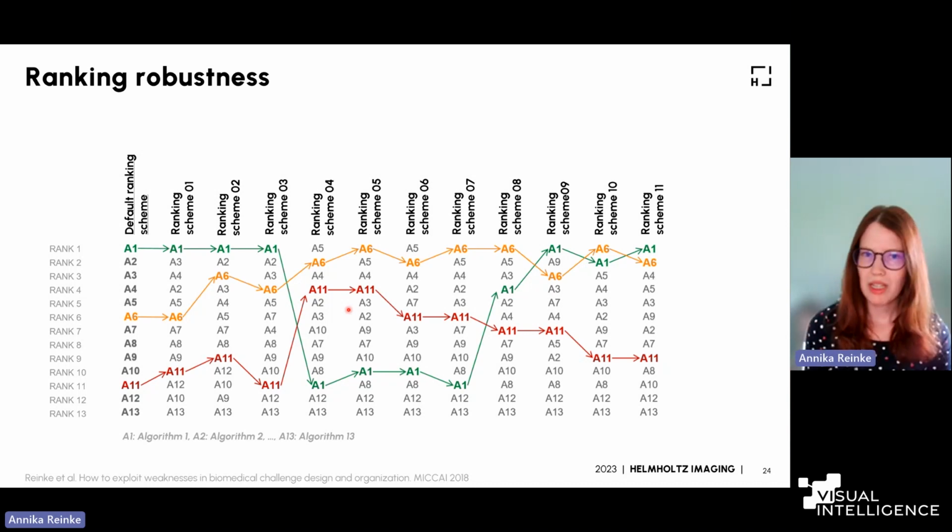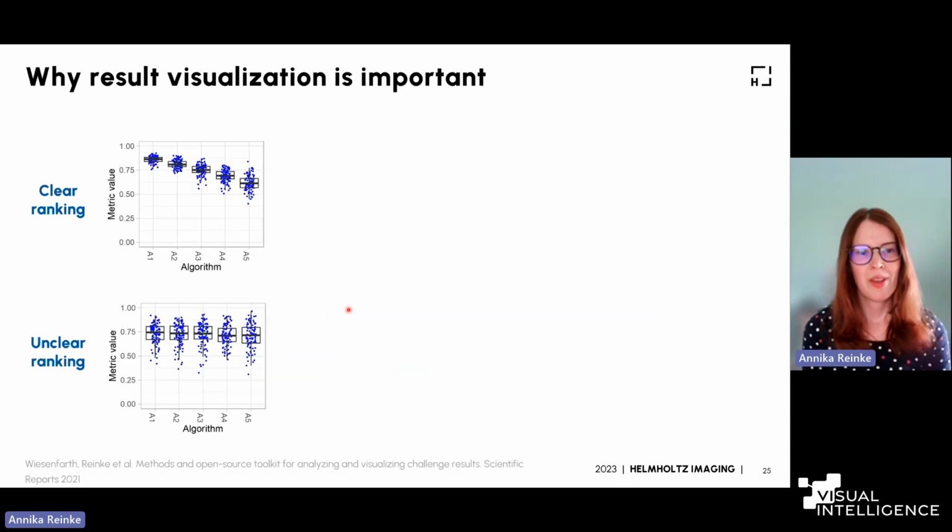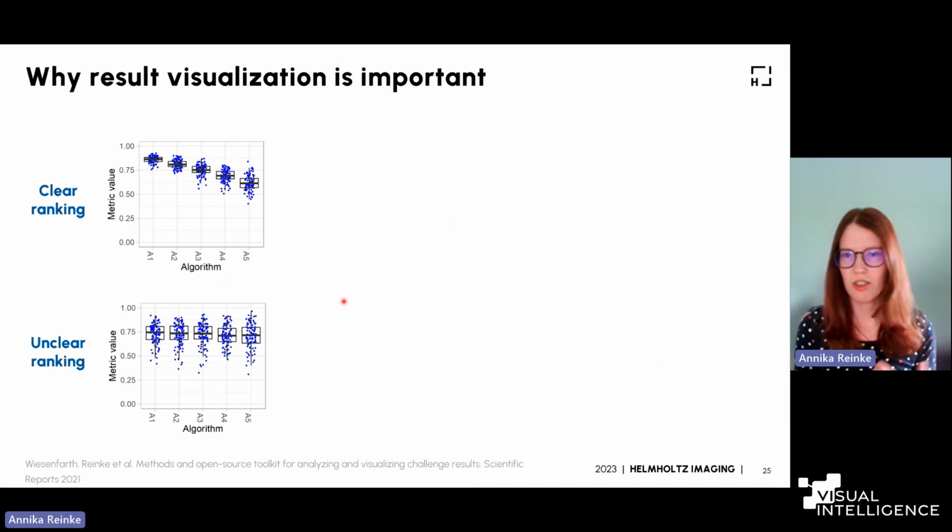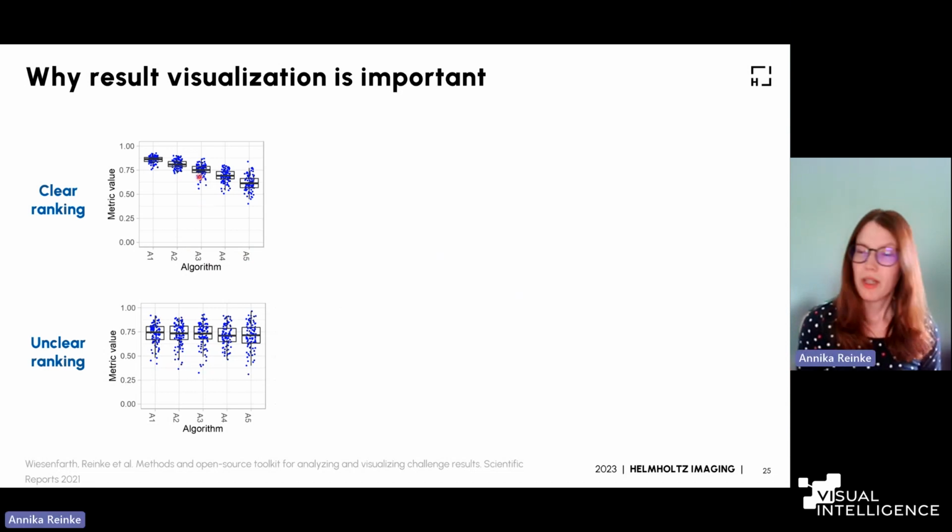And the important thing that we noticed was visualization of results. So not only showing ranking tables, which is often done in publications. Here's one example. We have 2 competitions, benchmarking experiments. Doesn't really matter. We have 5 algorithms that we're comparing, and we're just plotting the metric values in forms of dots and box plots here. In the top example, we see that the ranking is kind of obvious from these plots. So it's very clear. And at the bottom, well, it's not very clear. It's very random. Somehow we cannot really see which algorithm is better than the others.